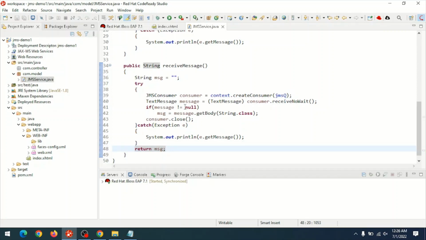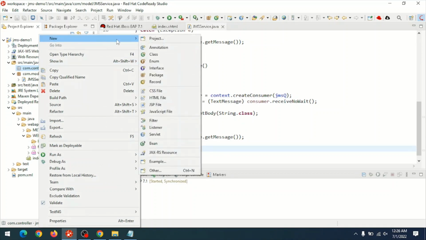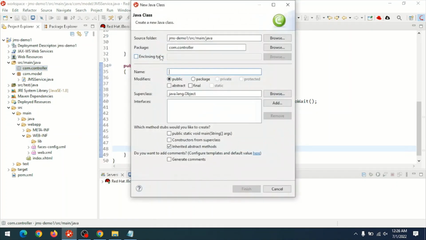So now the model part is completed. We successfully implemented the JMS service to send and receive a message. Then create a controller in the package com.controller. Choose the package com.controller and create a new Java class and name the class JMSController